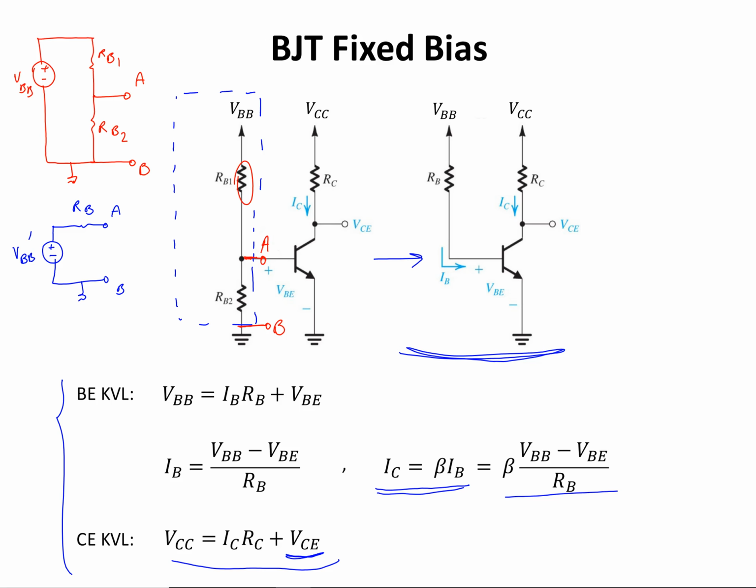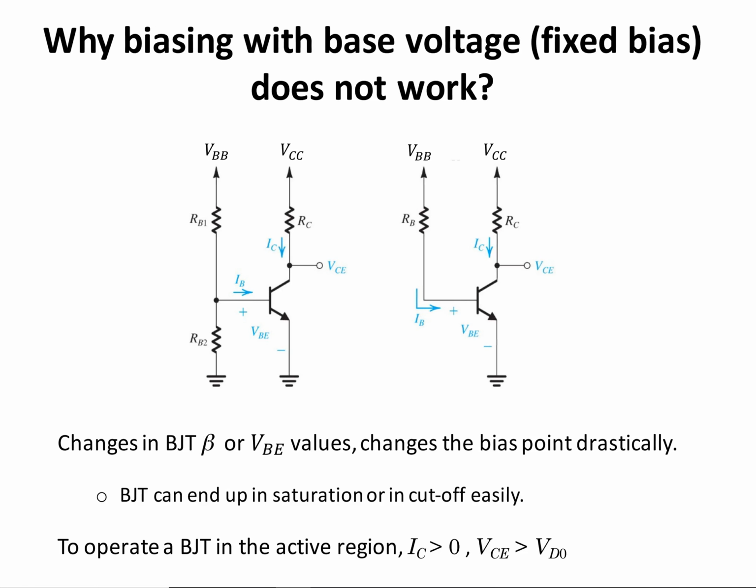But this biasing circuit drastically depends on the value of beta, and because of the changes in the beta value, which is common in discrete transistors, it's not a good biasing circuit. So changes in the BJT beta or VBE value change the bias point drastically. The BJT can end up in saturation or cut off easily. And I want to have IC greater than 0 and VCE greater than VCE sat for the transistor to operate